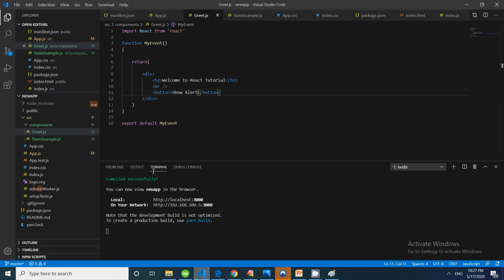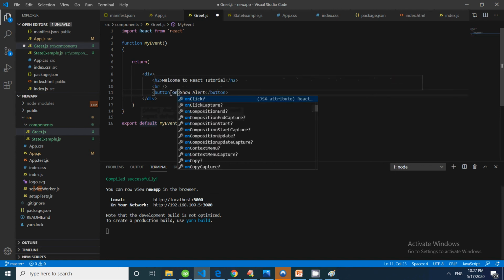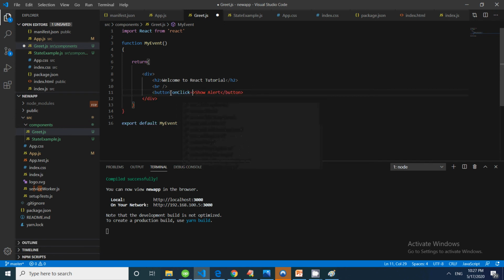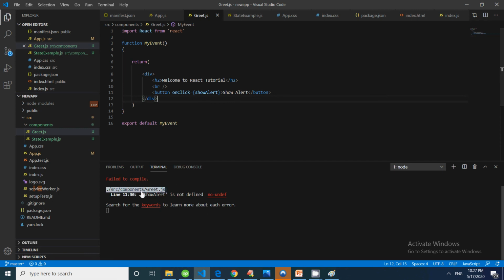So here we are going to make this particular component interactive. Again, I will put onClick. We have to remember that this is a functional component, so for a functional component we don't use the this keyword. It will be simple, and it will be the name of the function. Suppose I want to put showAlert; no need to put the parentheses. Now there is an error because showAlert is not defined.